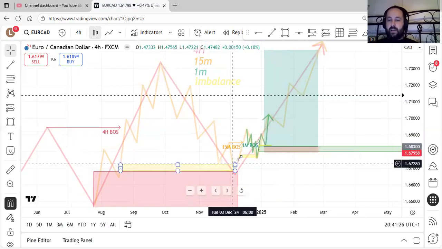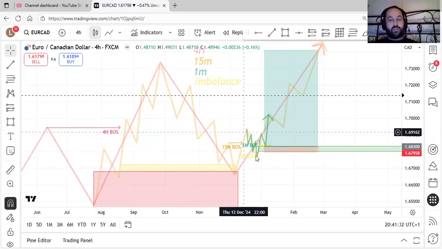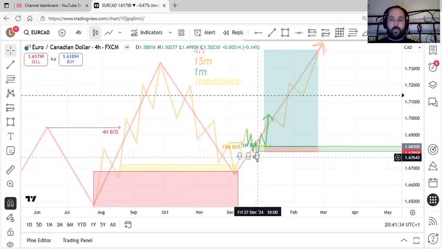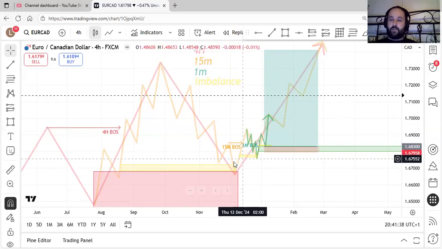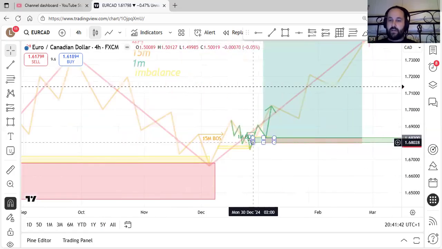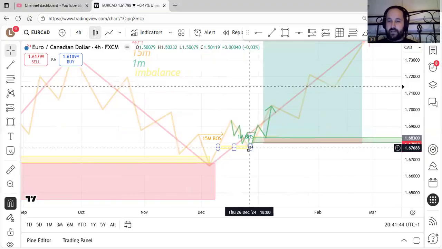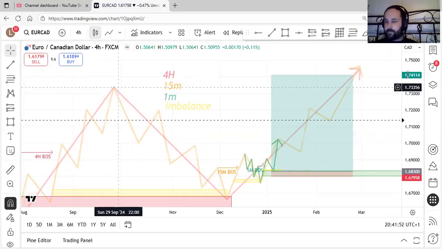In theory, once we turn 15-minute bullish here again, we'll literally just want an imbalance filled, and the 1 minute to turn bullish again. And then if we've got the right imbalance after the 15-minute imbalance fill, if it's the right one, this is like the lowest the market should come back before it then goes and makes a new 4 hour high.